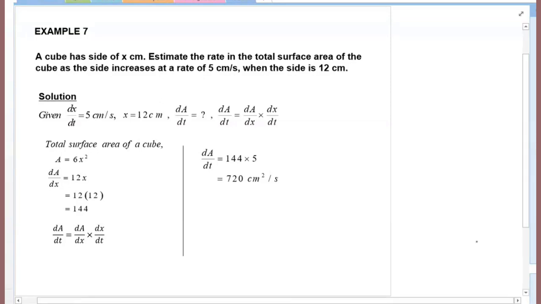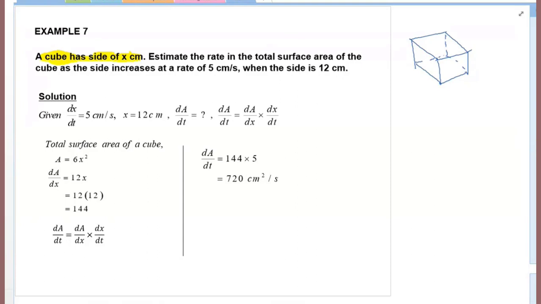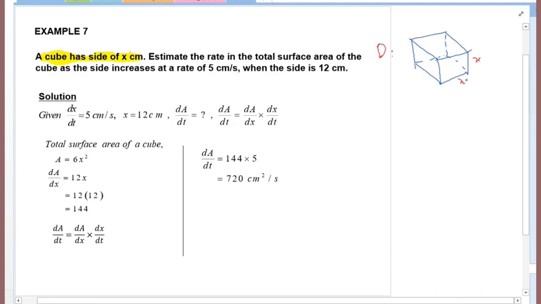A cube means it is 3D, three-dimensional, and has side x. Draw a cube. This is a cube. Different sides are confirmed equal sides, right? That's why it's called a cube. If it has different sides, it becomes a cuboid. And then estimate the rate